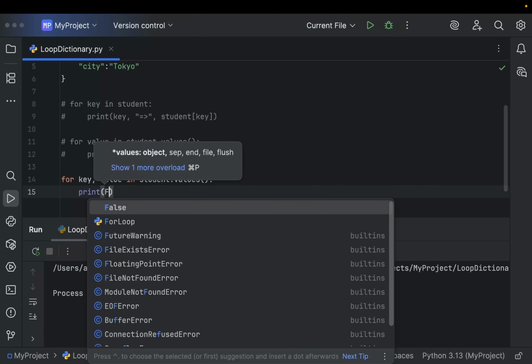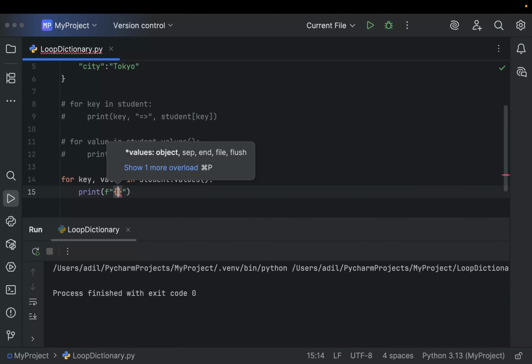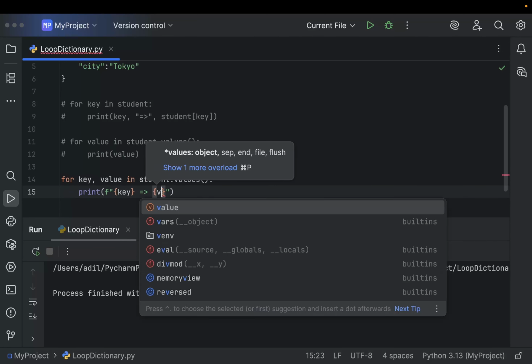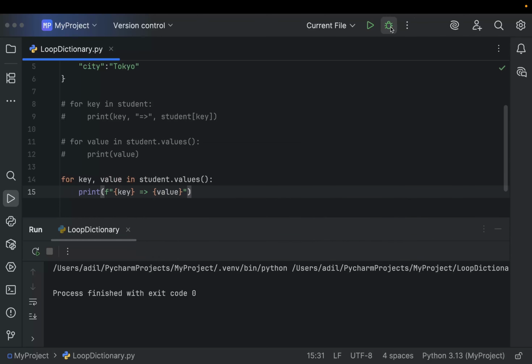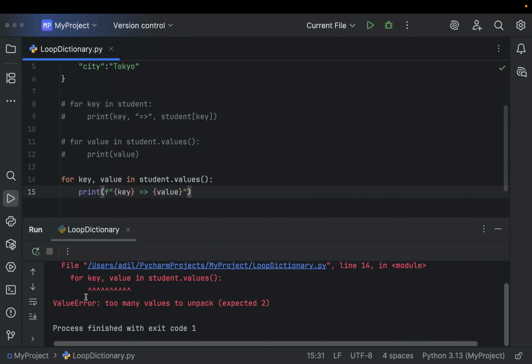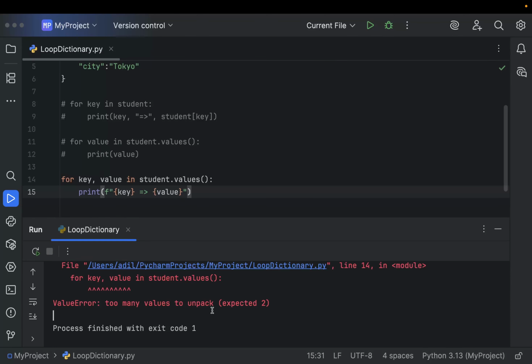a string formatting, and here we want to print the key, then after that equal and greater than sign, and then we want to print the value. Okay, now if I run the code, it says too many values to unpack. So what happened here? So why is that? Let me see. So it is showing error which is too many values to unpack, and that is because we